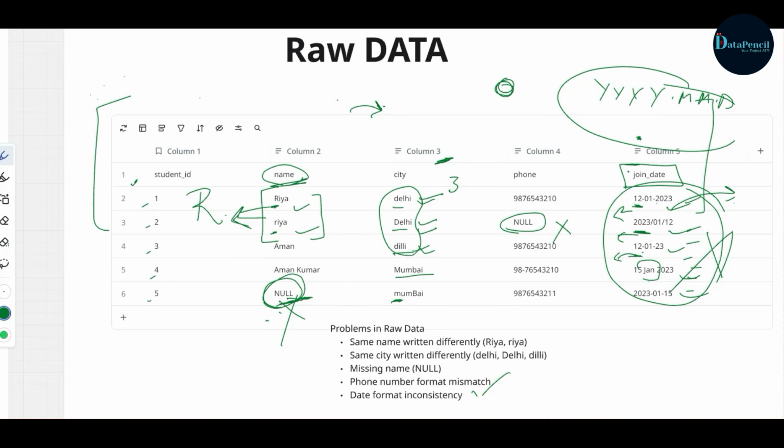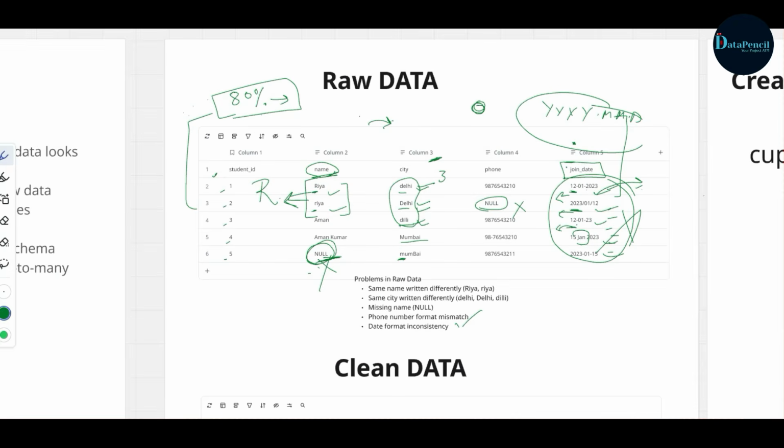Now before proceeding, when we become a data analyst after studying so hard, 80% of our work will be related to the cleaning of the data. Cleaning means this thing only, to standardize the data, okay? Now see the cleaner version of this raw data, or this garbage data, or this messy data. So let's have a look